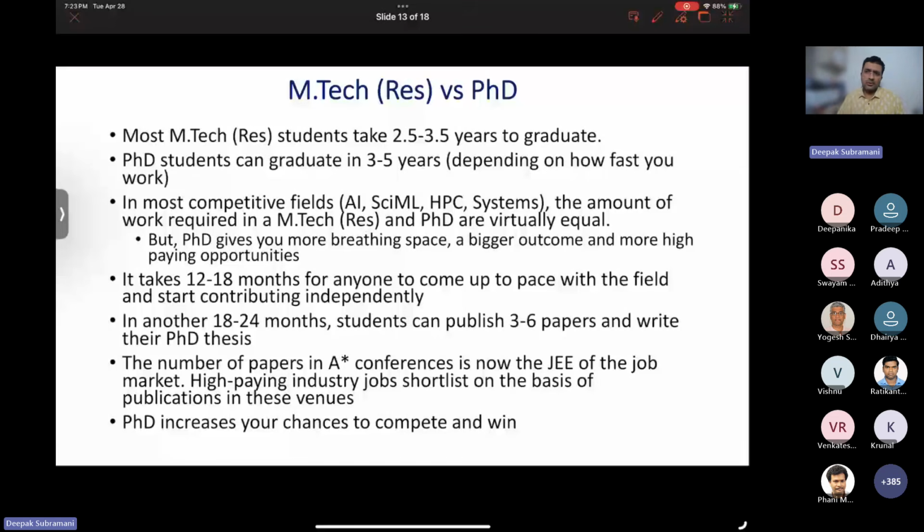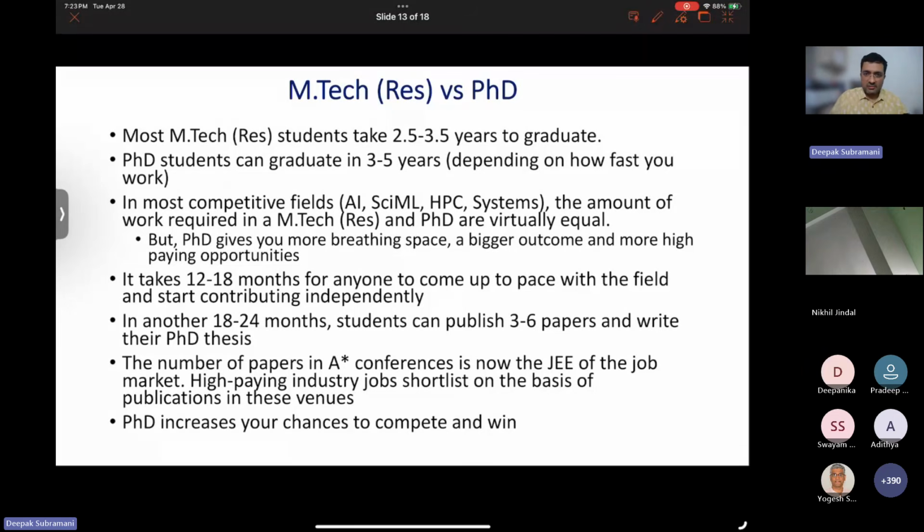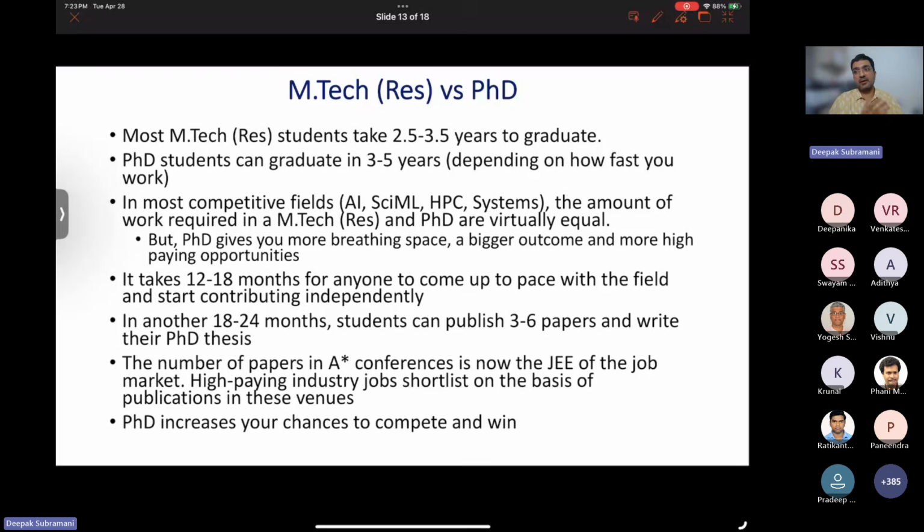When you graduate totally depends on the speed at which you work, right? So if you work 8 hours a day, 7 days a week, you show up, you concentrate, you're not distracted, it is possible. That's what I'm saying, right? And the industry today requires such people.